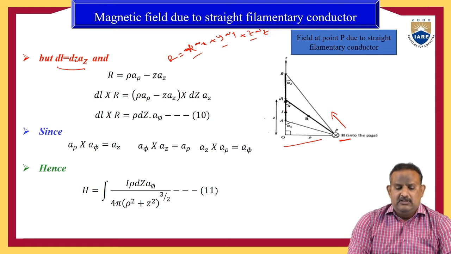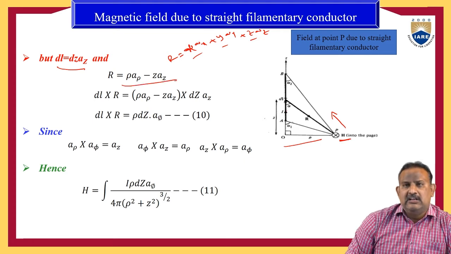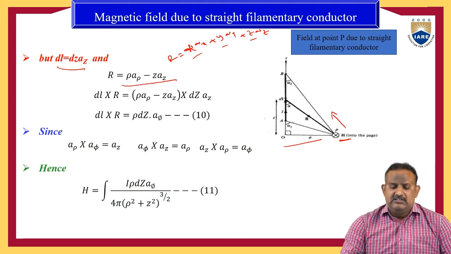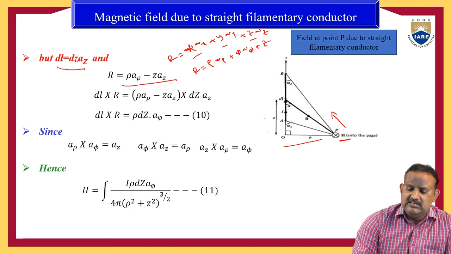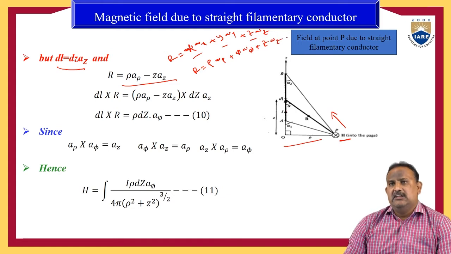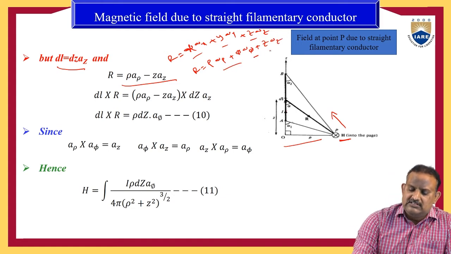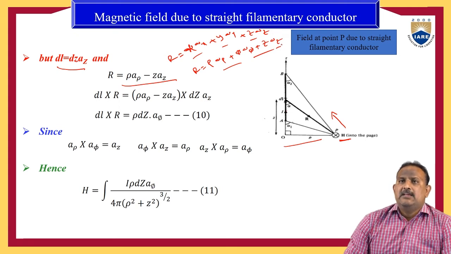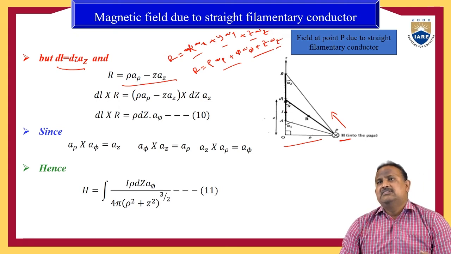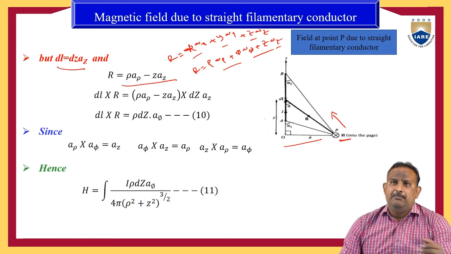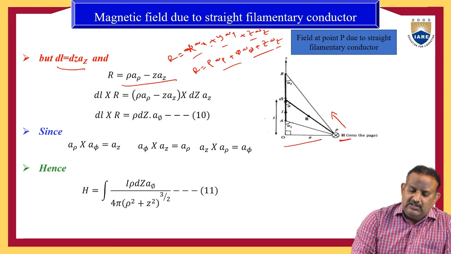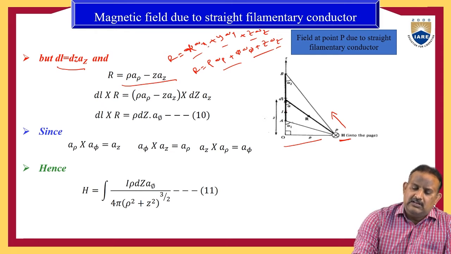Therefore, I am using the next one, the cylindrical coordinate system. In the cylindrical coordinate system, we have R equal to rho a_rho plus phi a_phi plus z a_z. So these are the coordinates of the cylindrical coordinate system. Here I am using the cylindrical coordinate system to find the distance between the current element I dl and point P. While converting from rectangular to cylindrical coordinates, we have rho equal to